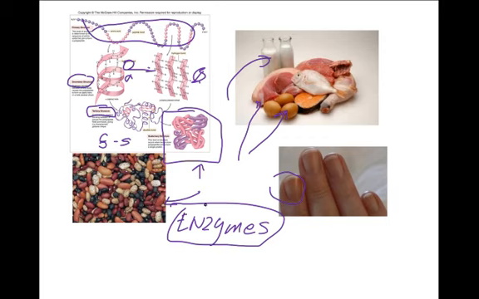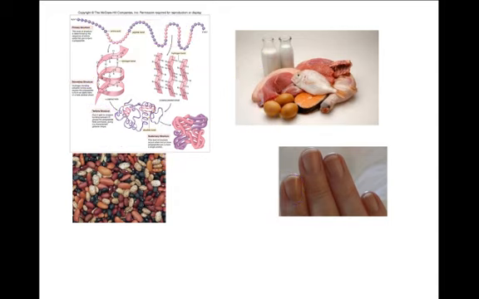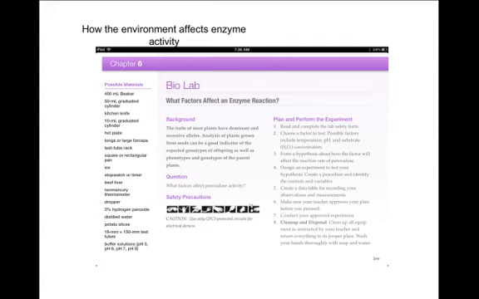They have a variety of ways that they can have a function in the human organism or a plant organism or a fungus or even a rat. A lab that I want you to take a look at in your book here, if you go back and scroll through page 344, we're going to look at things that can affect how enzymes react. Enzymes are going to be the basis of all chemical reactions, whether it's dehydration synthesis or hydrolysis.